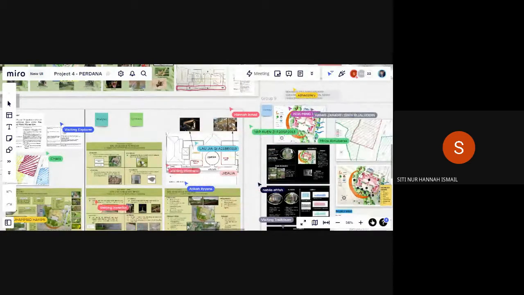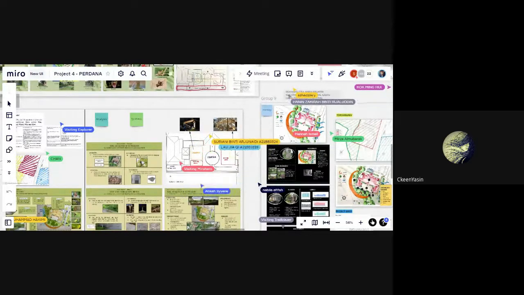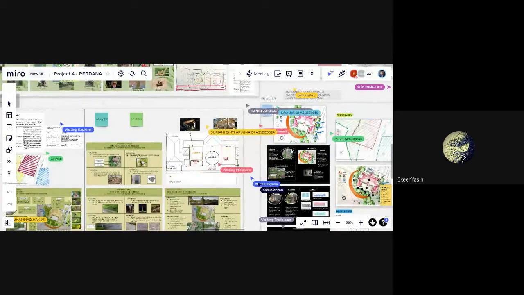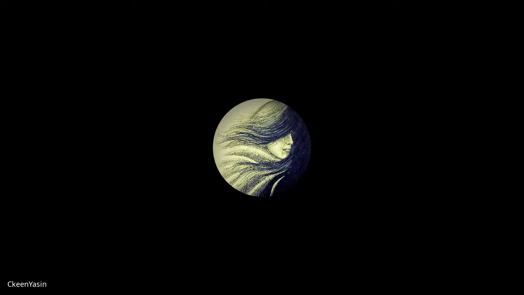So the last, group 9. Just that earlier there was one comment on the analysis. Okay, your analysis says that thick bushes will be the habitat of venomous and dangerous animals such as snakes. Okay, for this synthesis, maybe it's not only trimming and maintenance. In terms of landscape, we can plant a species of shrubs that prevent those